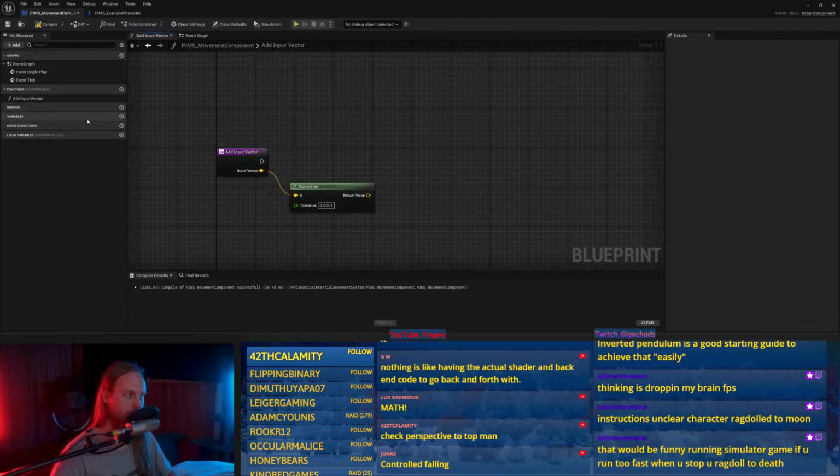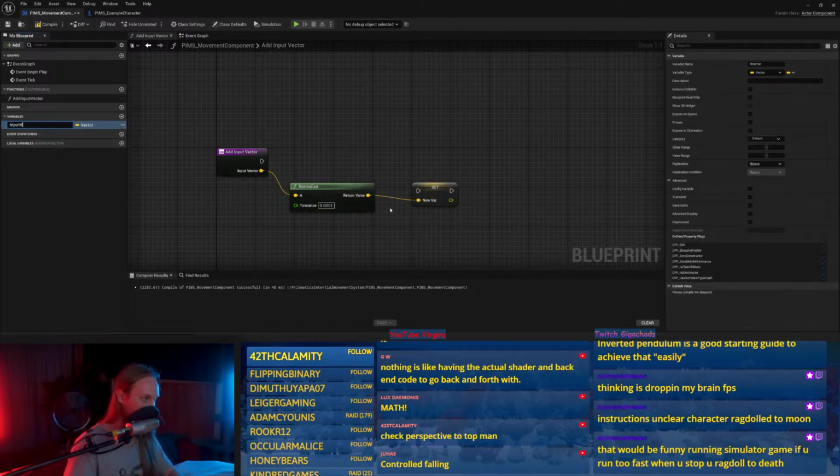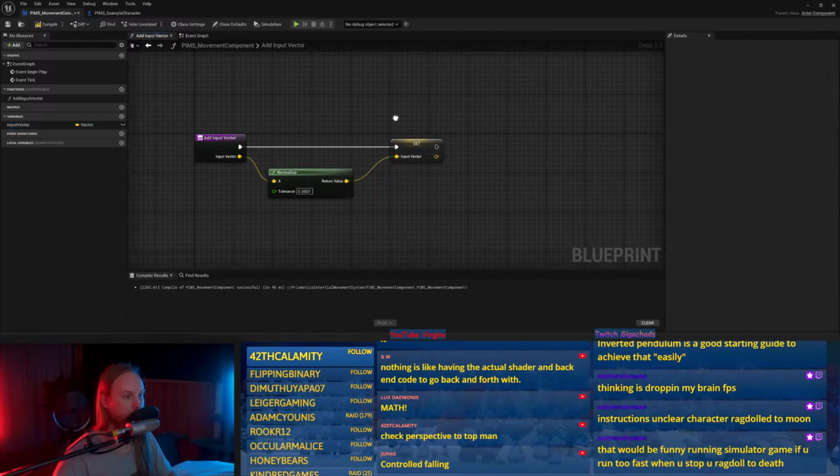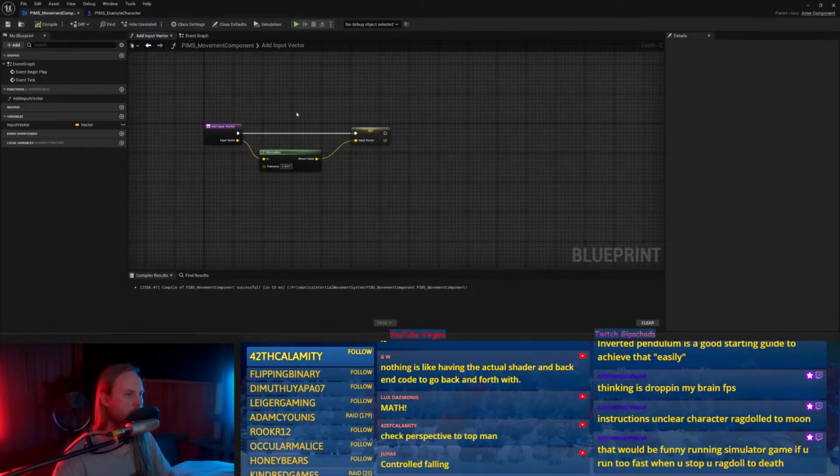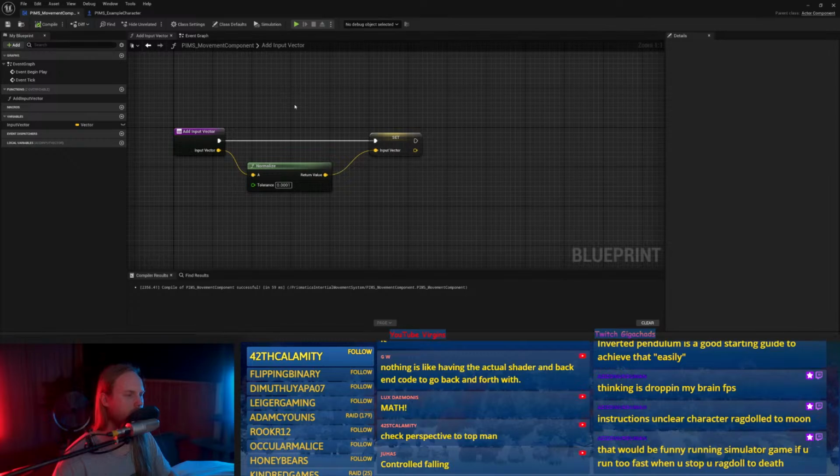Input vector normalized, with the tolerance. That is going to be our input vector. Do I want to normalize it, or do I want to limit... How do I scale by length?